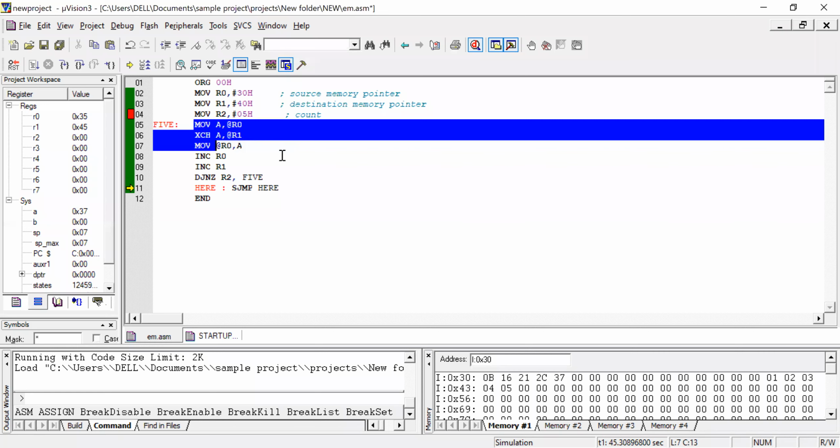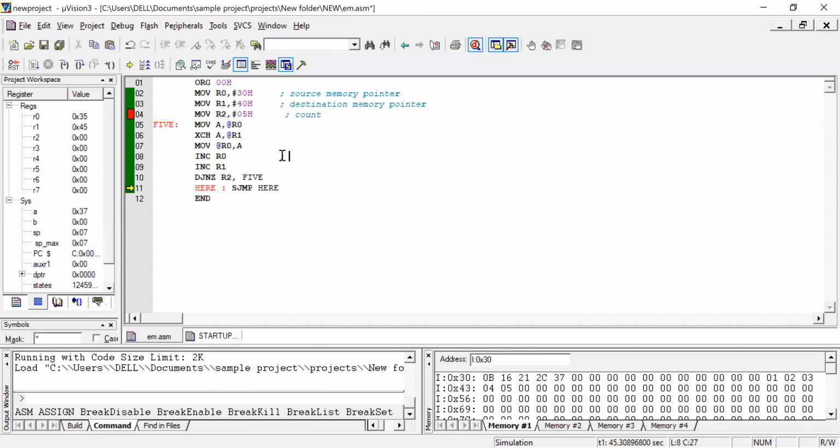And this is where the data is going to be exchanged. And here the source memory pointer is incremented. The memory pointer is incremented, both R0 and R1.